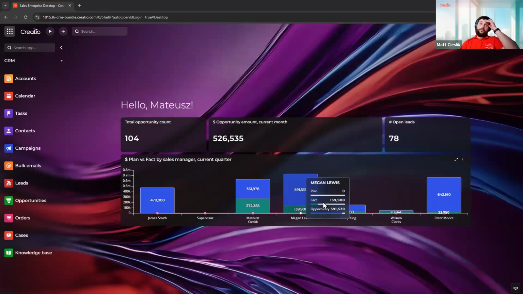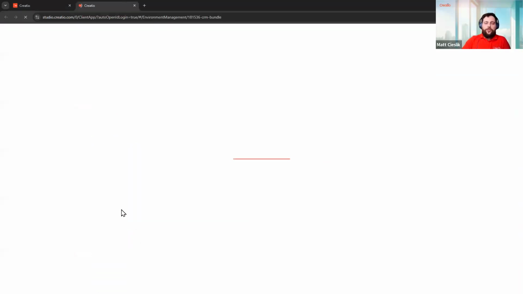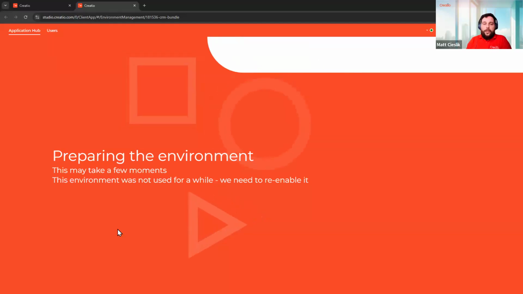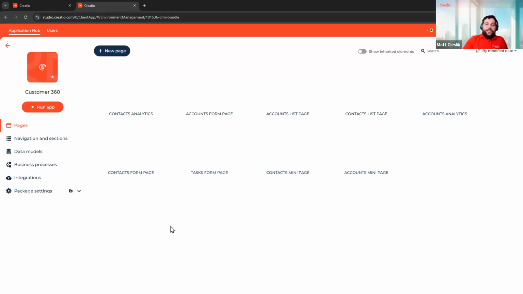Meanwhile, let me quickly share my screen. And as always, let me go to the application hub, right? Because the feature that I'm going to present, of course, is something that I know a lot of people were waiting for, especially for Creatio mobile application. So this is something that we are going to use quite intuitively as our drag and drop designer for the